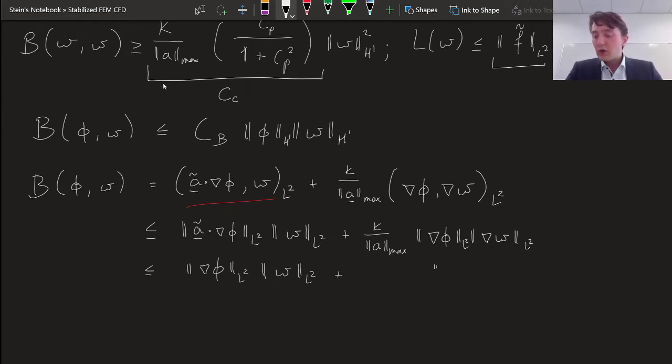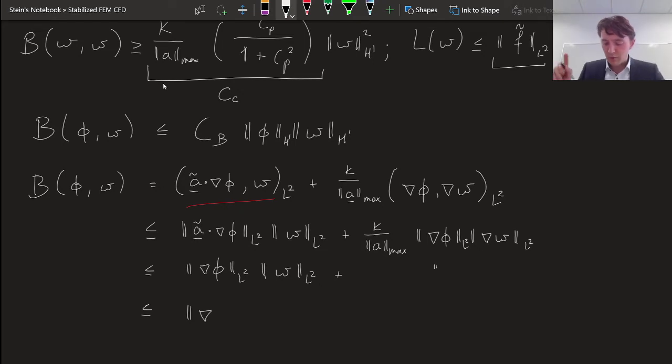Then the second thing that we can do, and this is also a trick that we already worked with for the boundedness of the linear form, is that these are norms measured in L2. But we know if we measure the norm in L2 of any function, that's going to be smaller than if we measure the norm in H1 of that same function, simply because the norm in H1 is the sum of two different components, which means that this is also bound from above by simply the norm of